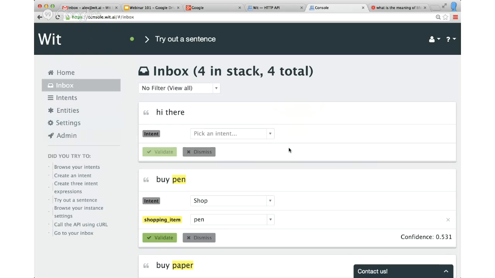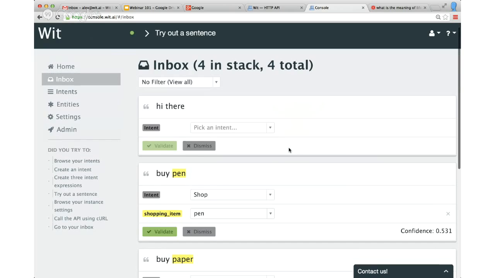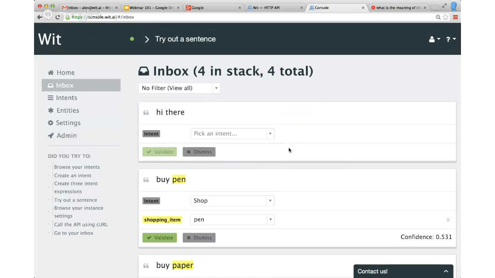So the philosophy of the inbox is when Wit does something, you have an opportunity to correct it or to validate it. So validation is like a reward. It tells Wit, yes, you did a great job. That was fine. And if it's not fine, you just, like for a child, you tell Wit what it should do. And this is a way we learn.